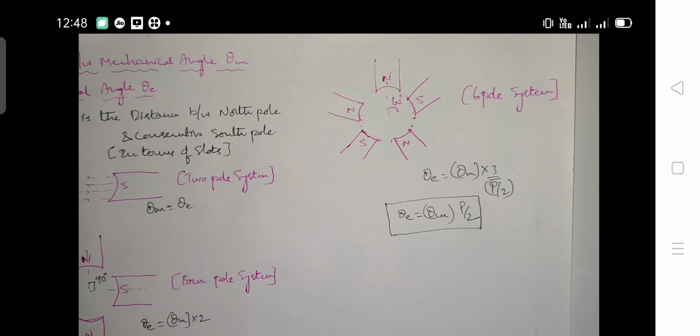So this concludes the session, and in the next session I will deal with complex numbers, and there we shall see the relationship between complex numbers and AC quantities, and how the AC waveforms are going to be represented in complex numbers in different forms, like rectangular form, polar form, like that.